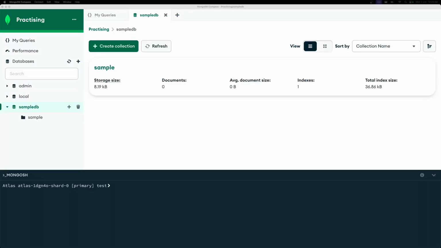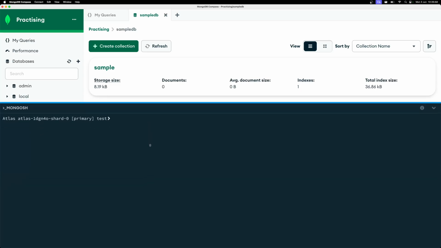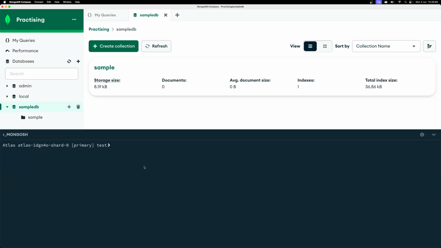All right then. So now what we are going to do is understand how to work with this Mongoose. Okay. So right now we can see it's saying that we are in the test environment. So let me make it bigger over here. Okay. So here I'm going to write a very specific command called show dbs. This is the command which gives you the list of databases which have already been created in my MongoDB. So if I hit enter, that is going to give me the list of databases